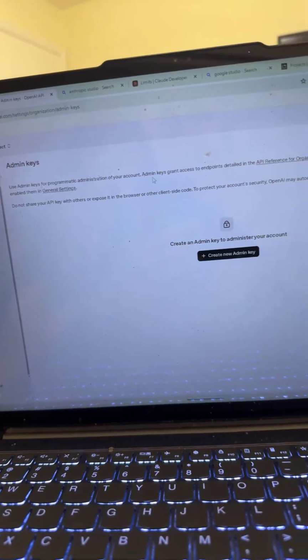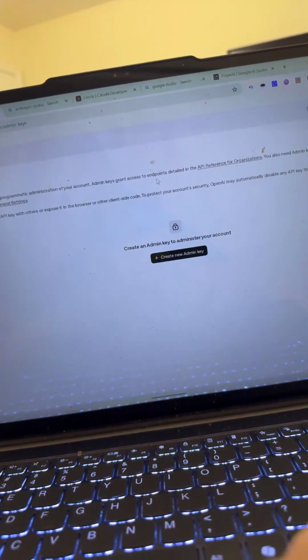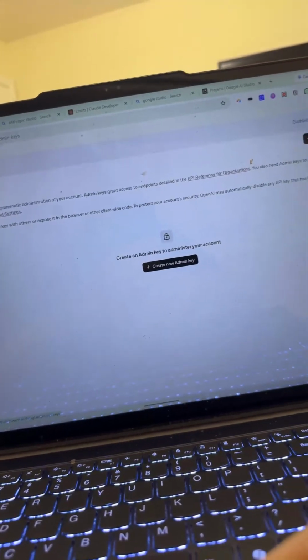So we prepared everything, guys. This is quickly something that I wanted to show you. And yeah, that's the idea. Admin keys for programmatic administration, grant access to endpoints, detailed in the API. You also need admin keys, but that we don't really care about for now. We just care about API keys. And that's about it. Anyway, guys,